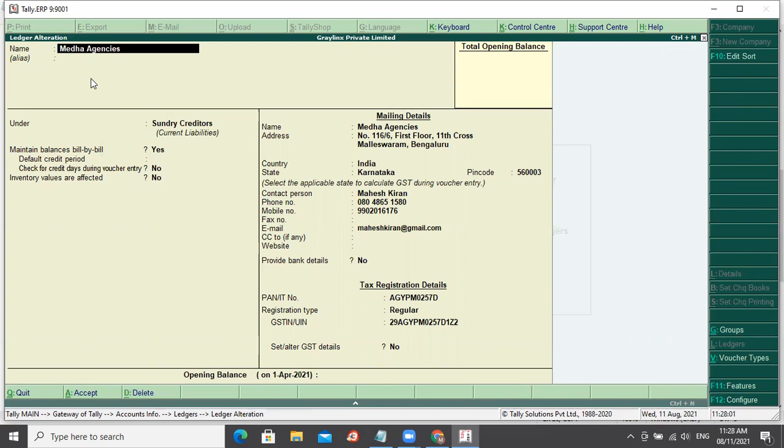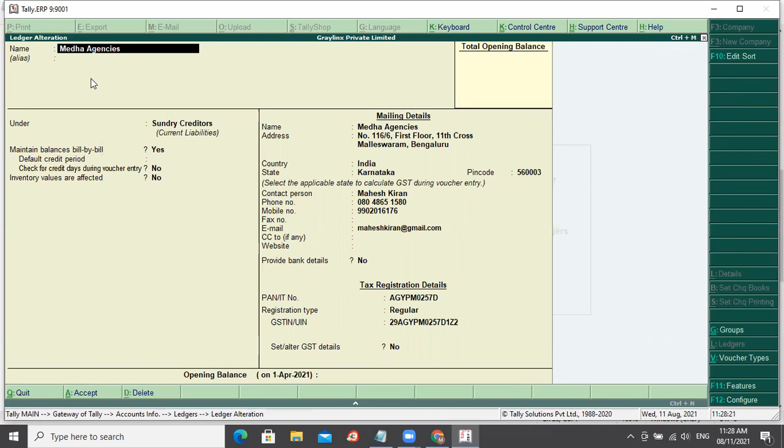This is important, to ensure that you generate the right GST details. Then you have the contact details: name, phone number, email ID, mobile number. Then the tax registration details where the PAN and GST are updated.